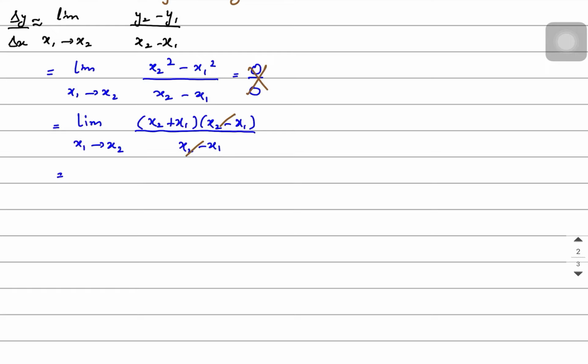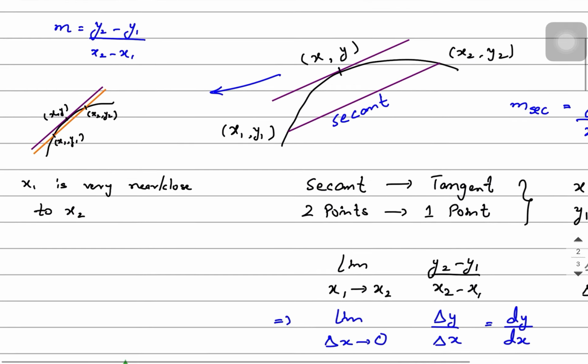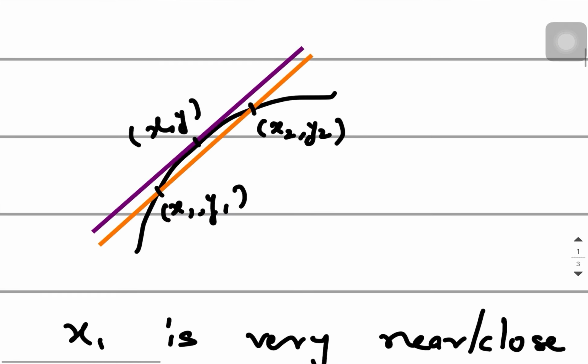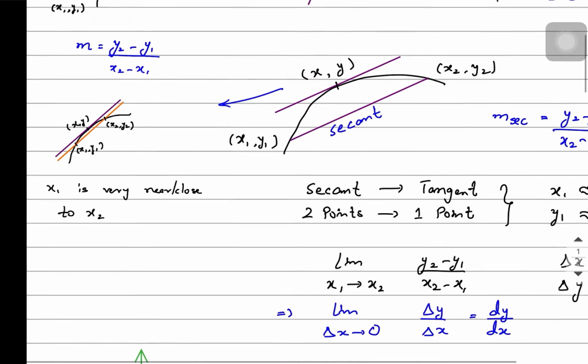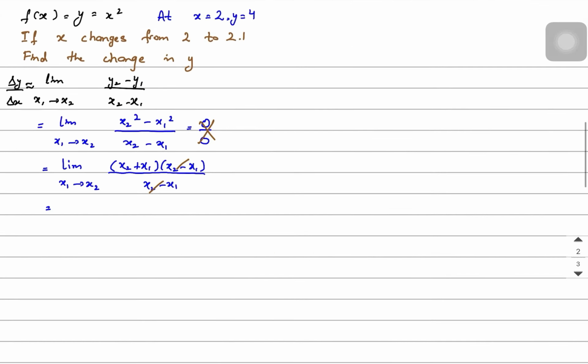So you can see x1 and x2 were arbitrary. There was no x1 y1 x2 y2. Actually there were closer points to x y. So in actual, x1 and x2 are actually x. So what I will do, I will put x1 and x2 both as x. So it would become x plus x. So change in y over change in x becomes equal to 2x, and change in y becomes equal to 2x